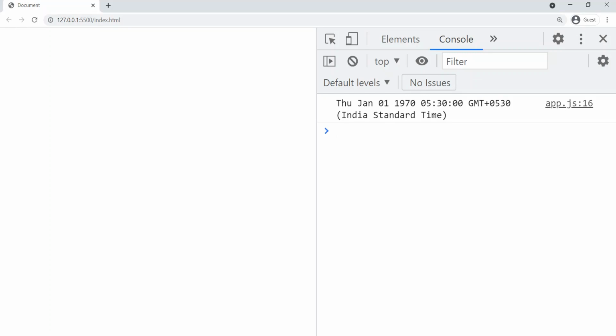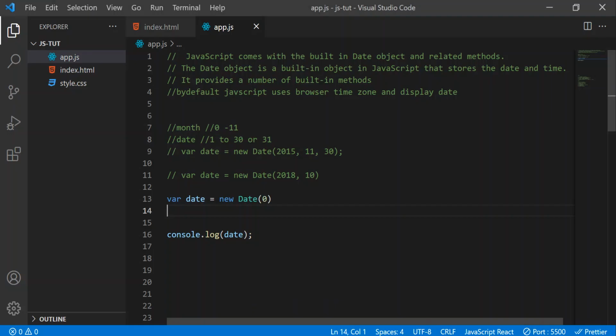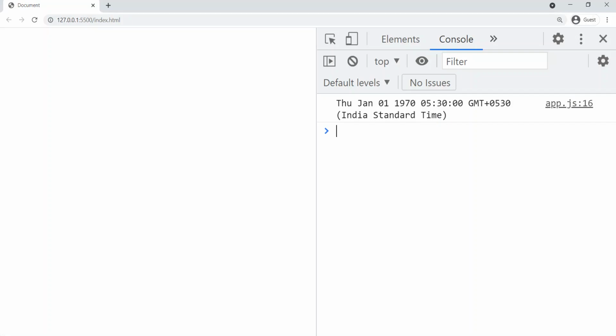That means in all programming languages, not only in JavaScript, in C++ or Java, in all programming languages, dates are calculated from January 1, 1970, because it's called epoch time. Epoch time is the time when the Unix operating system was created, and they wanted a standard time. That's the time when the first file was created in that operating system. So that's why it is considered a standard time, and all the programming languages calculate dates from that time. For now just remember that when we pass only one argument in this Date object, it will always return the starting time, that is January 1, 1970.